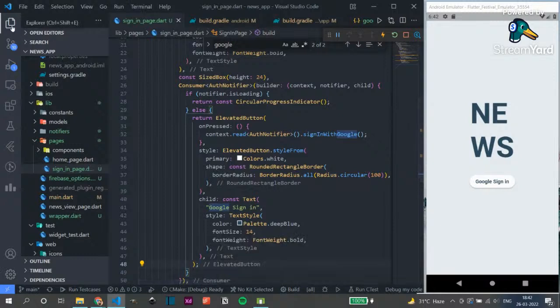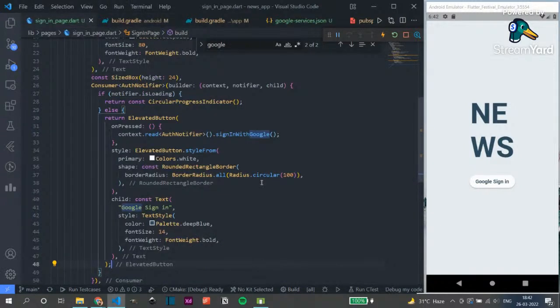Now, why is this being done? First of all, to show that the Google sign-in is in process, so don't do anything. And number two, also to avoid accidental clicks. Let's say if we didn't provide this circular indicator and the user clicked multiple times on Google sign-in while it is being initialized, it would have been initialized multiple times. Although Firebase handles this request in the backend. Even if there are multiple requests, it will just take a single request and perform that, then take the next request. But still,